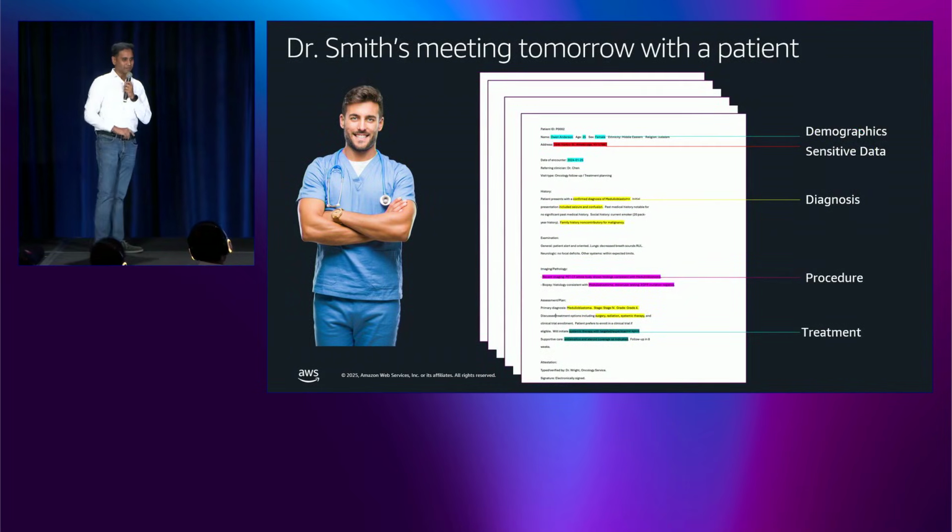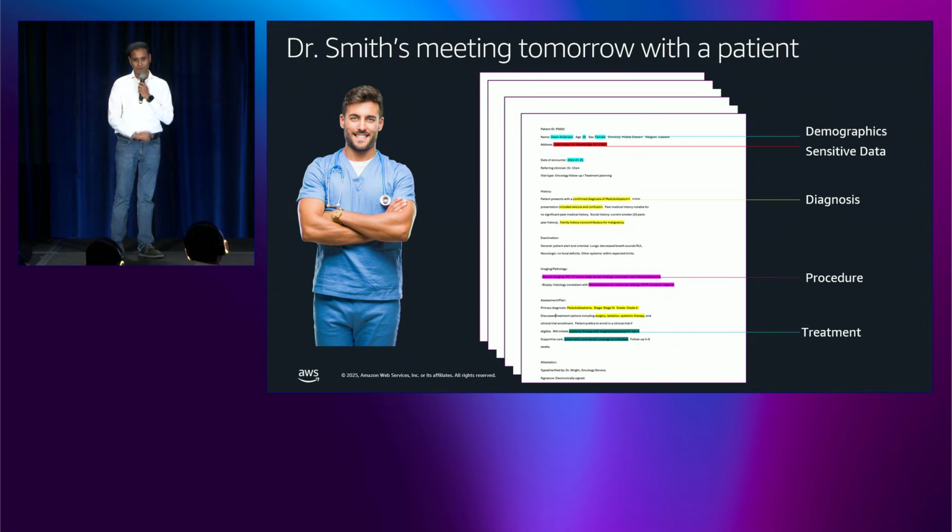I wanted to actually put up my picture, but then I figured I might as well just put somebody who's from Adobe,